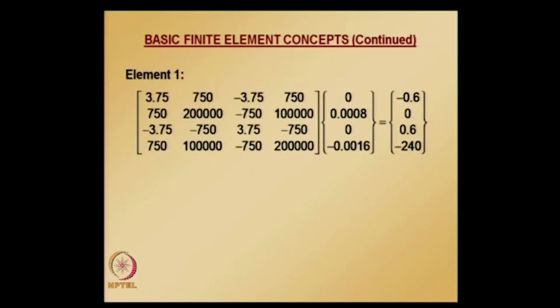So, how do we get bending moment and shear at element ends? We go to the element 1 equations, substitute what V1, theta 1, V2, theta 2 are, and calculate the bending moment and shear at x1 and x2, that is node 1 and node 2 of element 1,